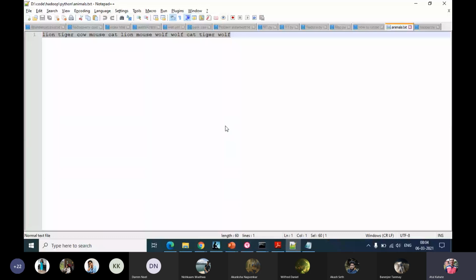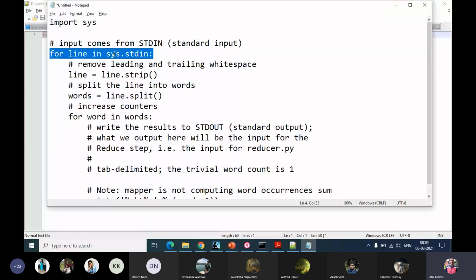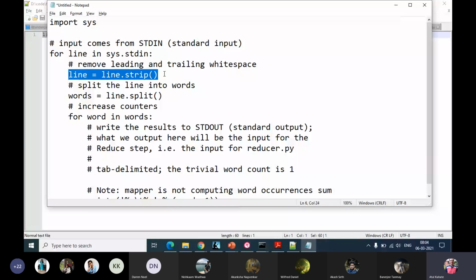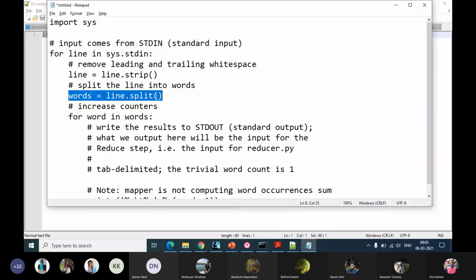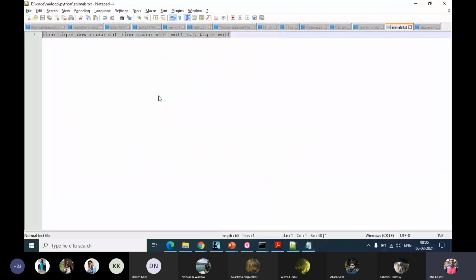But in this case, because we just have a single line, it will just read that line. Then it will remove any leading or trailing white spaces that may have come by error or mistake. Then we split the line into words. So the delimiter that we have not given here implicitly means that a space or a tab would be the delimiter, which is why it will read each of these words as a separate line item.